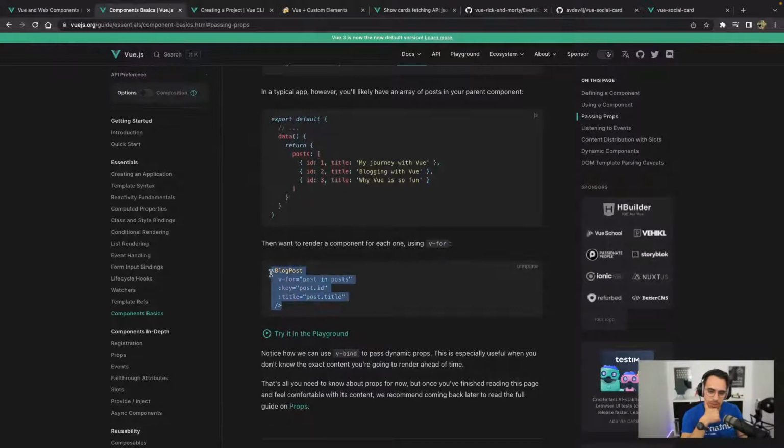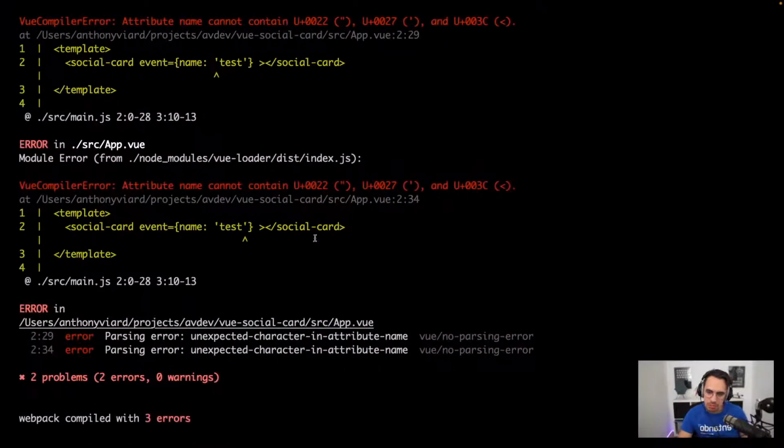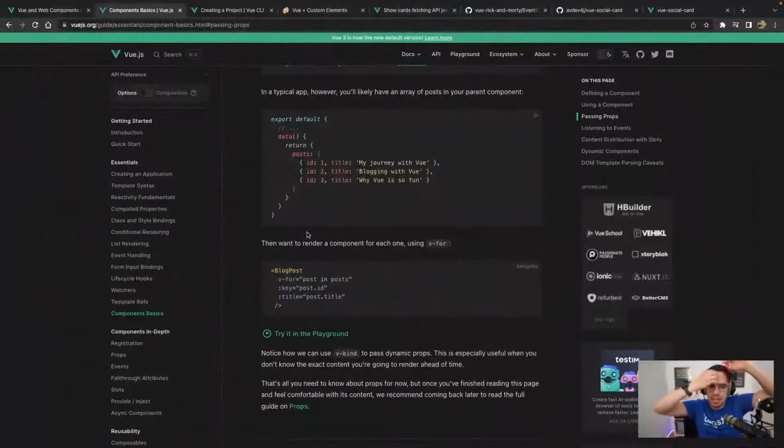Interesting. So we can create that. So in this case, that will mean we can bind multiple properties. So if we have some data, and let's say, for example, in our case, we want to render multiple